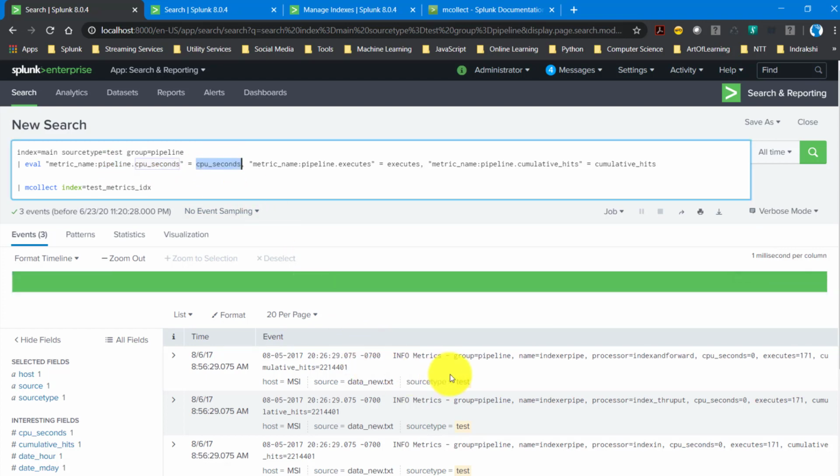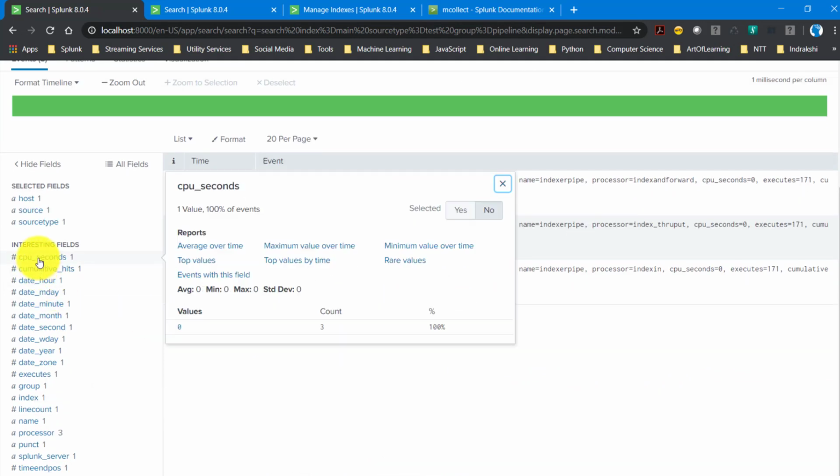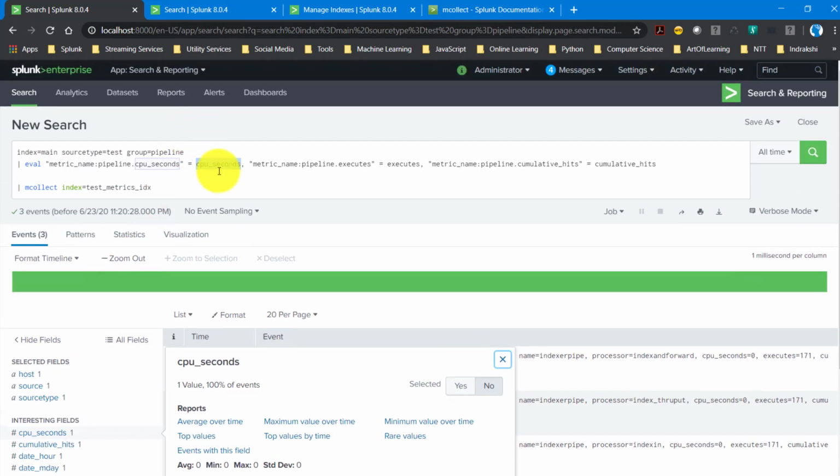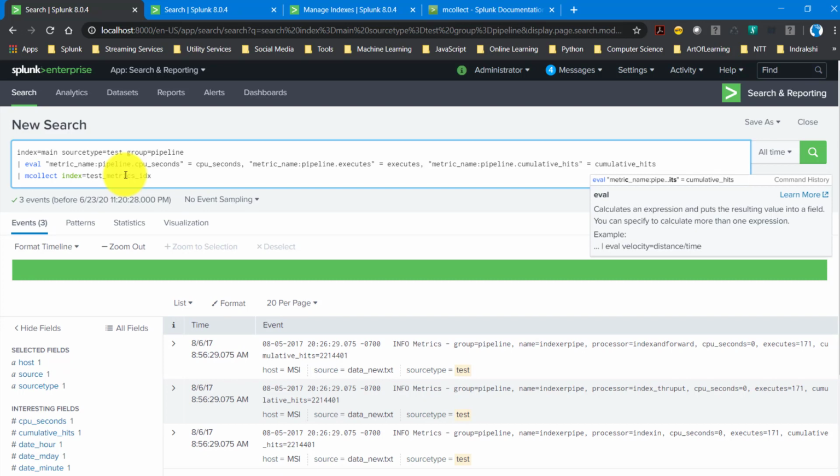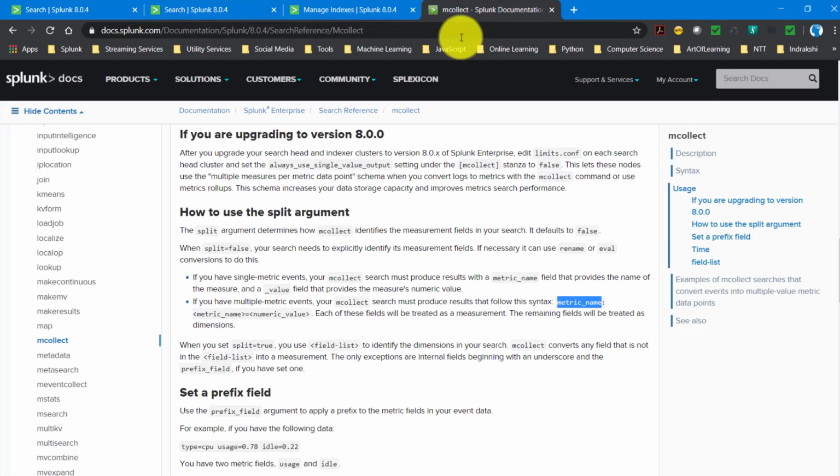Its value will be the value of this cpu_seconds field name. As cpu_seconds is getting extracted, that's why I'm able to do it over here. That means you need to make sure that this particular field is getting extracted. Otherwise you won't be able to assign its value to this metric name. Similarly, I did it for pipeline.executes, that means for this executes field, and pipeline.cumulative_hits over here. Okay, so these three are required because the split default value is false